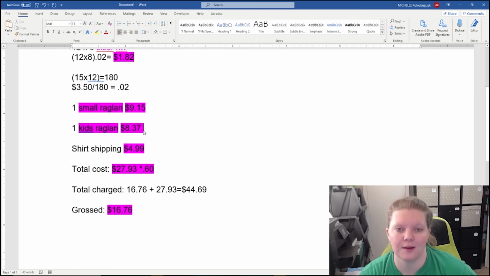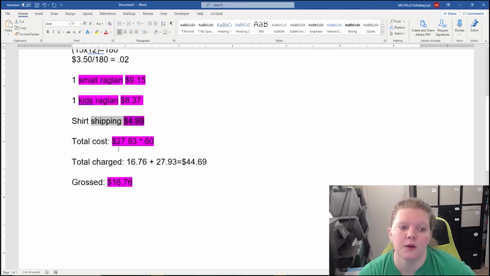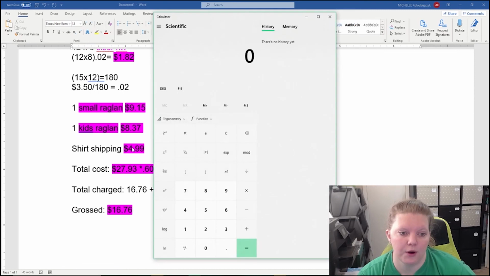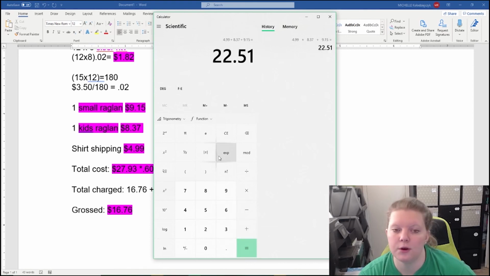If they were just tees, they would be $3, 3 something. The shirt shipping, the cheapest was $4.99. So the total cost of the blanks, let's see, would be $4.99 for shipping plus $8.37 for the youth plus $9.15 for the adult, $22.51 for the